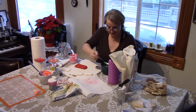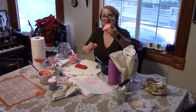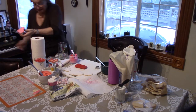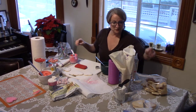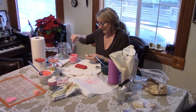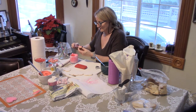So anyway, I'm just going to drizzle some chocolate back and forth on this. And see how that looks. I don't know if you can see it, but I'll zoom in and show you the cookies when I'm done. I just wanted to get some, because when you melt chocolate, it dries out pretty quickly or hardens again. And so you want to work kind of fast so that it's not hardened by the time you go to use it. And I had it sitting here while I was setting up the